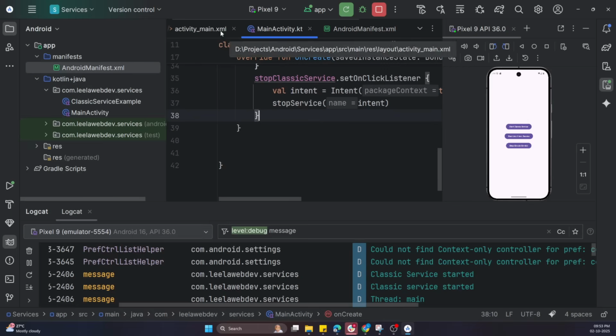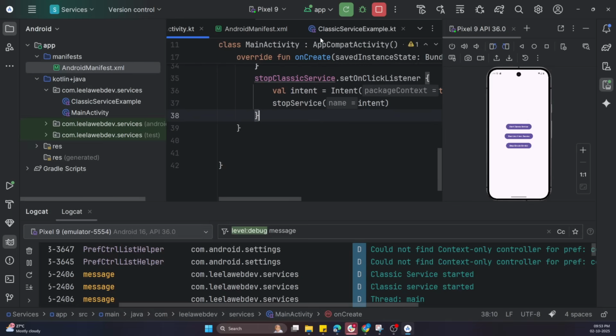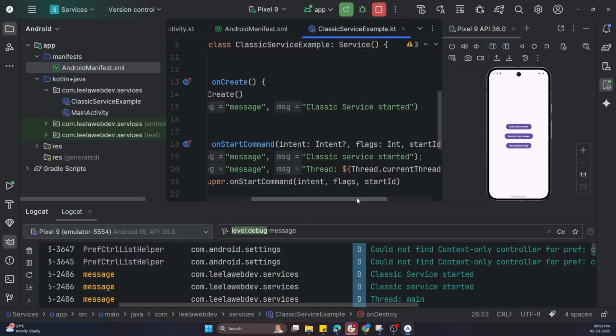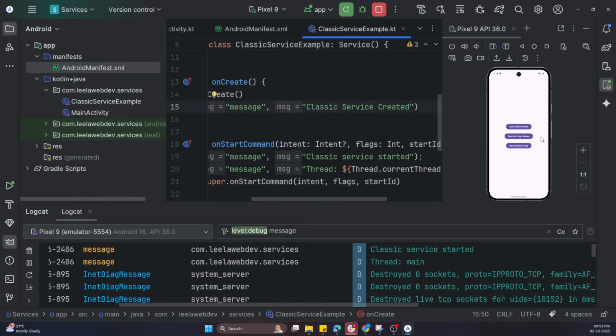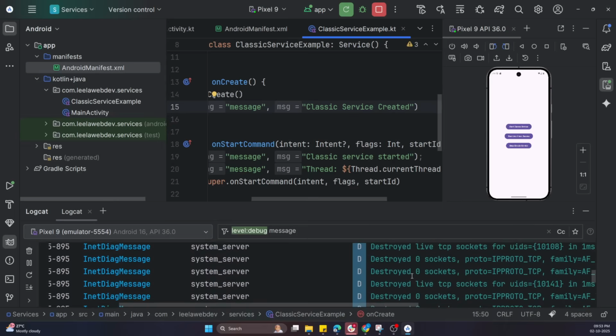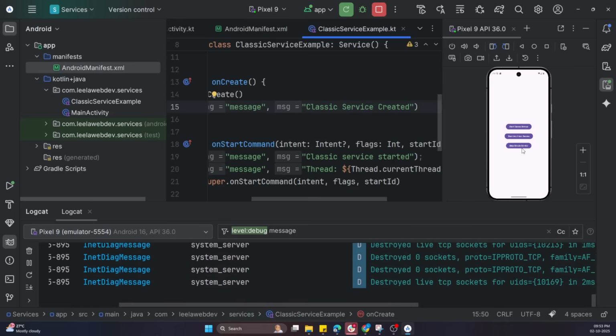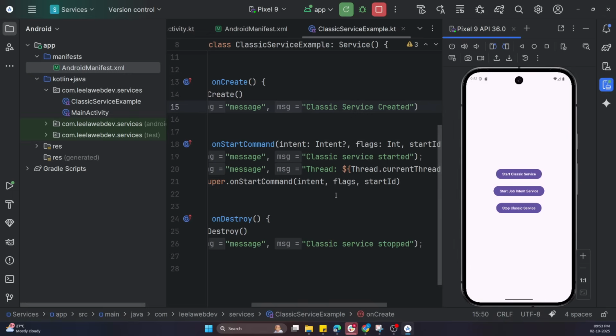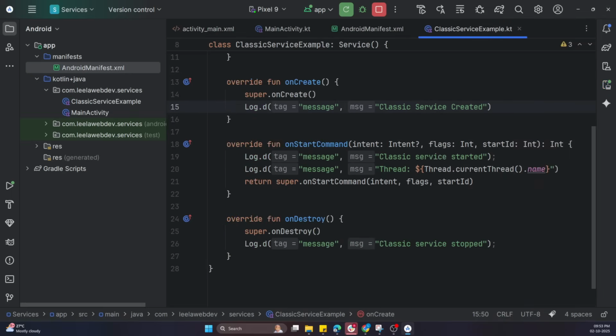So let's try to see whether I have used the, okay, 2 places I have used it. Here it should be something like created. Okay, so 3 created, and now when I want to stop the service, let's try to see it. Here, if I want to stop it, classic service has been stopped, on destroy has been executed. So this is the basic service which you will be able to see, but it is running in the